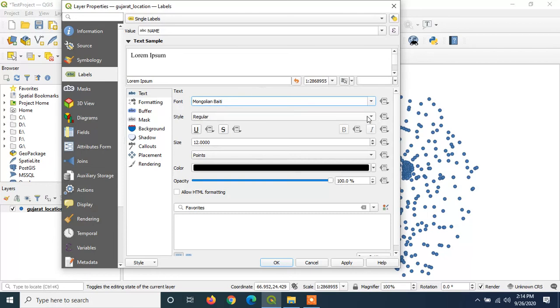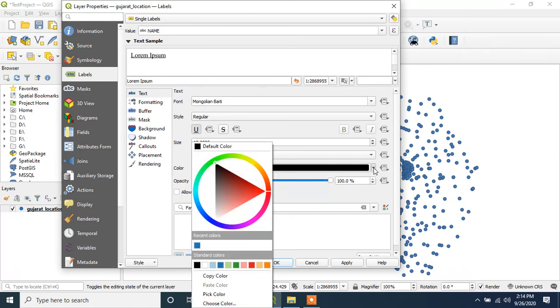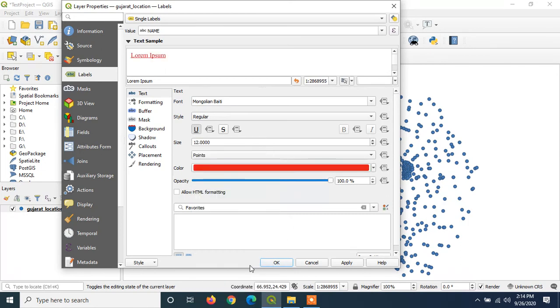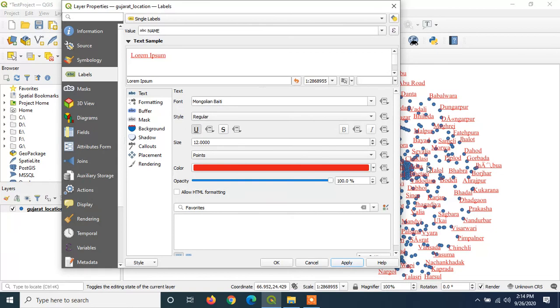This is the font type, and what style you want to keep for this font. Only one option is there, regular. If you want to underline this, then you can select the option from here. If you want to change the color, then you can select the appropriate color. And then you can click on apply. So now it will display the name of this place with this dot.